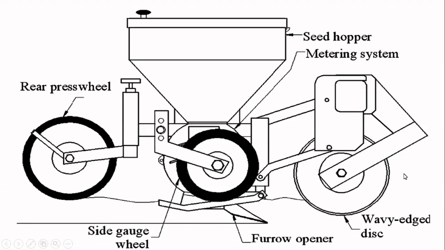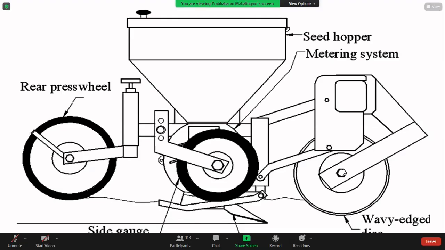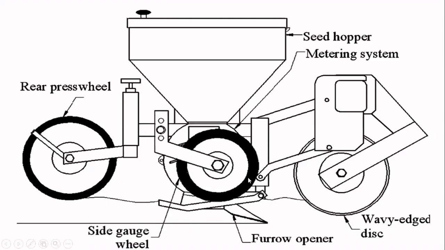Gauge wheel. This is actually the ground wheel. It will touch the ground. This is the front wheel touching the ground. It will never touch; it will be the metering mechanism wheel. This is the brush wheel. Final one, the seeder metering devices. I told you, inside that, metering wheels are there. Inside the bottom of the hopper, they are the metering mechanism.